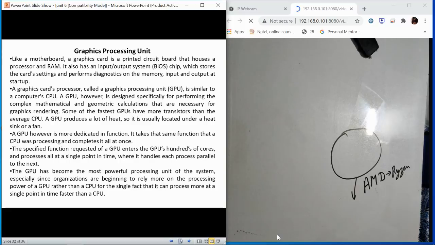That is why we need a dedicated processor to perform the graphical task, and that is known as GPU. Its main task is to process the graphics only. And if you are aware, in recent times when bitcoins were there, people used GPUs to mine the bitcoins. GPUs were used very widely at that time because GPUs are able to perform that task very fast.